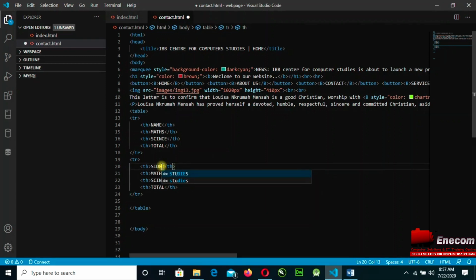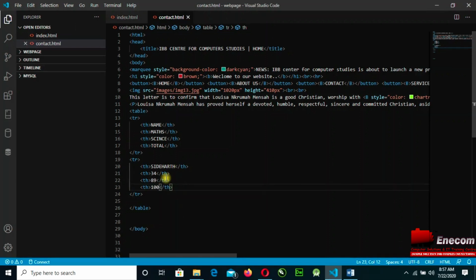Let's give it another name. I'll give this 34. In this angle, I'll give it 89. Then I'll come to this side. I will also have to give it 100.